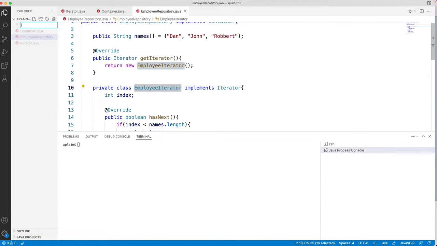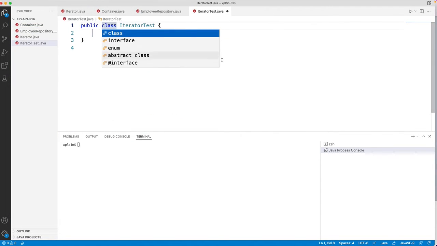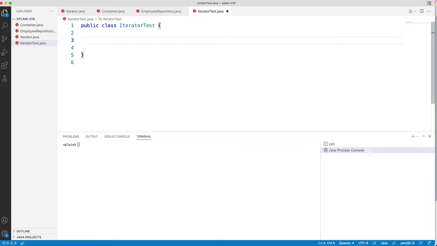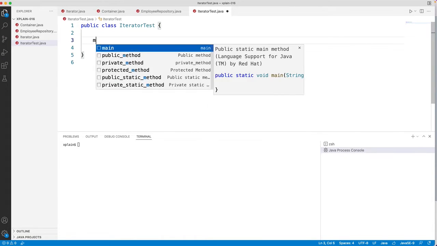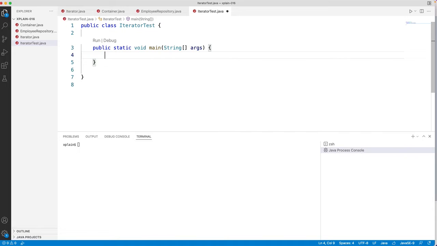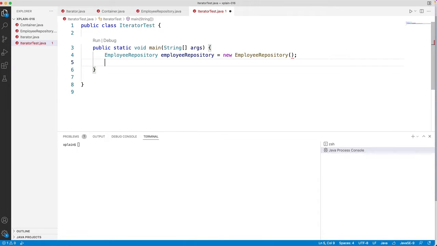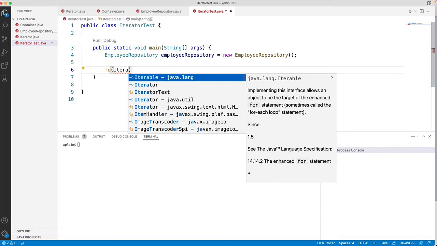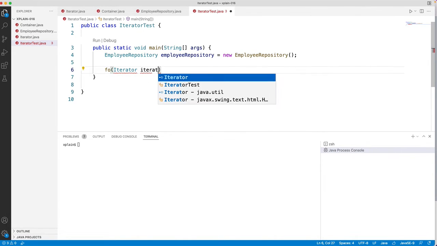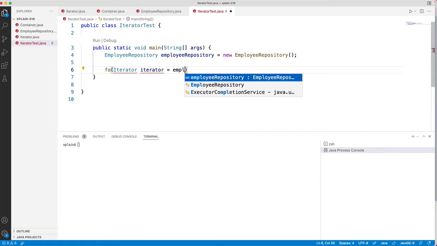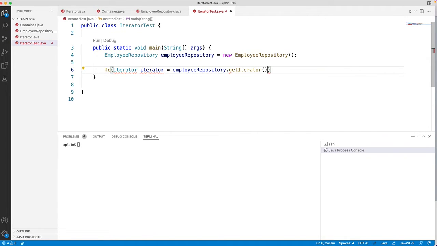Now let us go ahead and create our final class called iteratorTest.java. This will have our main method, where we will create our employee repository first, new employee repository, and we will iterate through the iterator. Let's create an iterator equals employeeRepository.getIterator